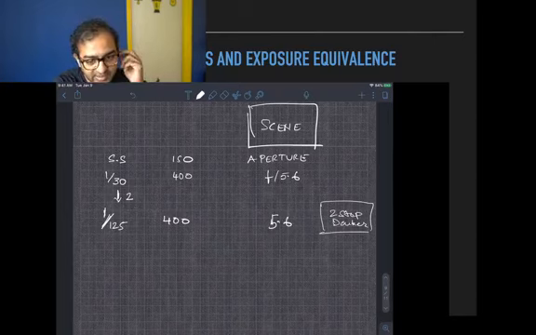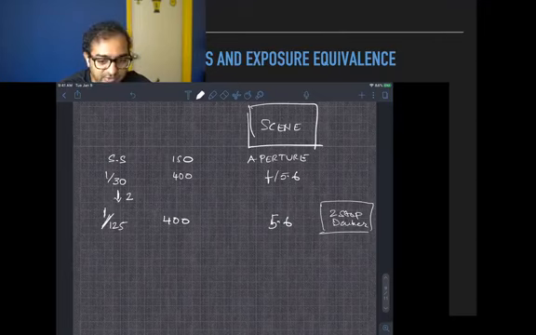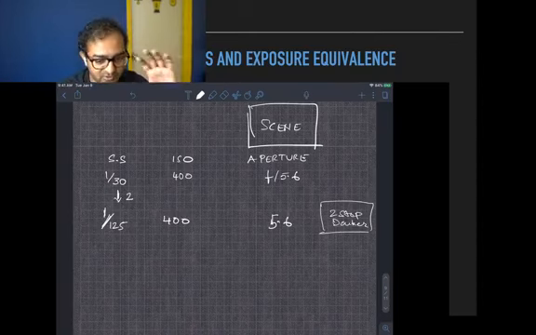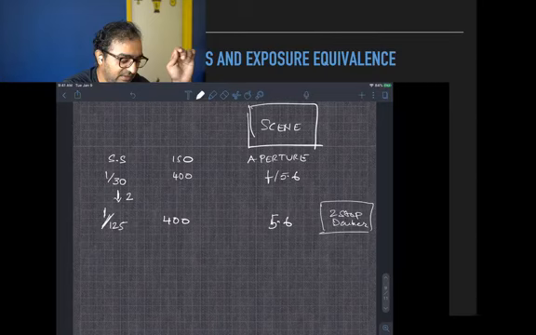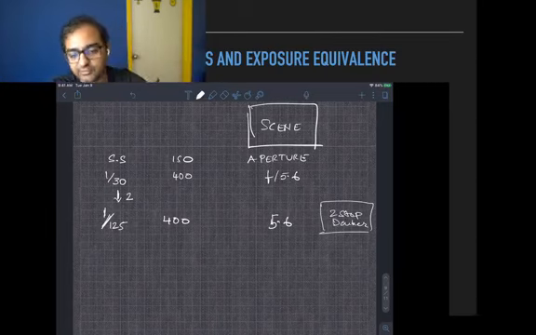But let's say I really need this 1 by 125 shutter speed. Maybe I'm taking a photo of my cat who's running around right now, and I need that shutter speed to make sure that she doesn't move around too much and she's still in the frame, right? So that means that I lost two stops because of my shutter speed. I need to gain those two stops back, right? So I could do that in two ways.